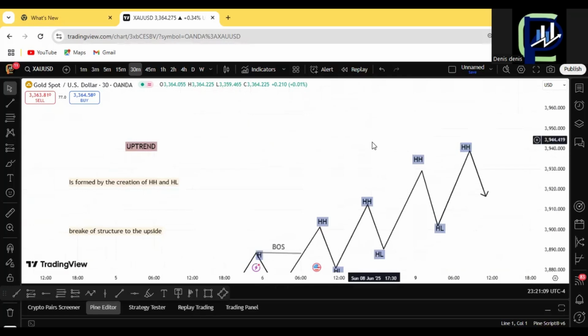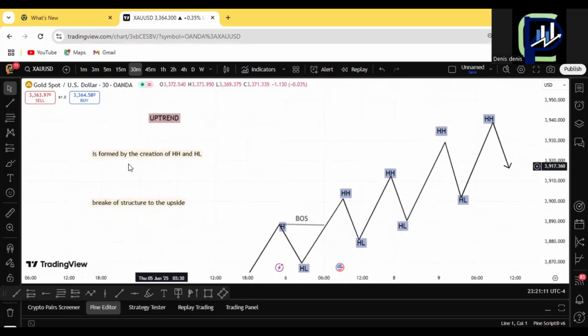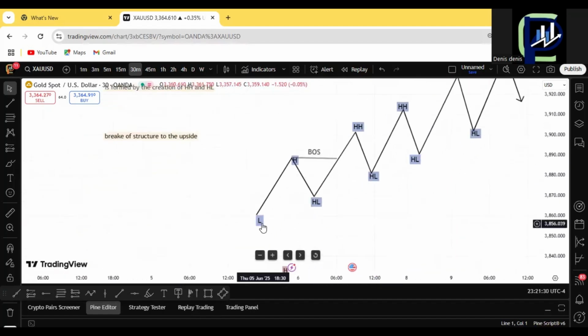So let's start with an uptrend. So what is an uptrend? An uptrend is formed by the creation of higher highs and higher lows. Now, let's make it just that simple, that we have an uptrend when the higher highs and the higher lows are being created. Are we together? So that means we are going to have, for example, now this is a low,